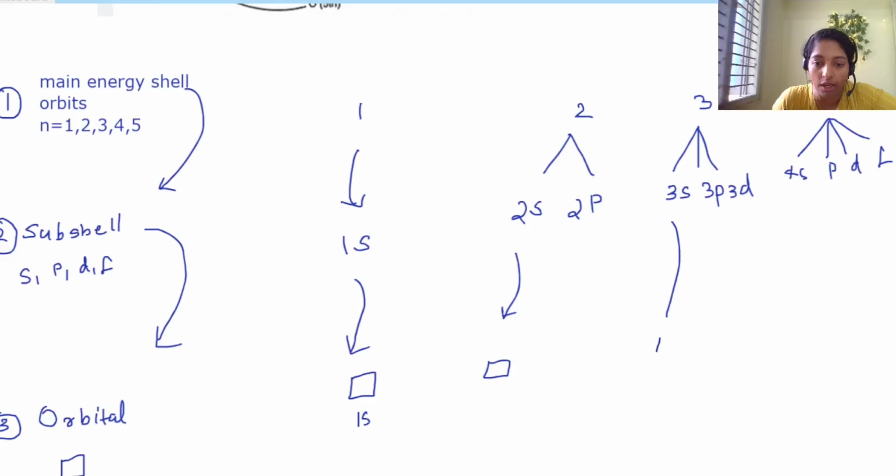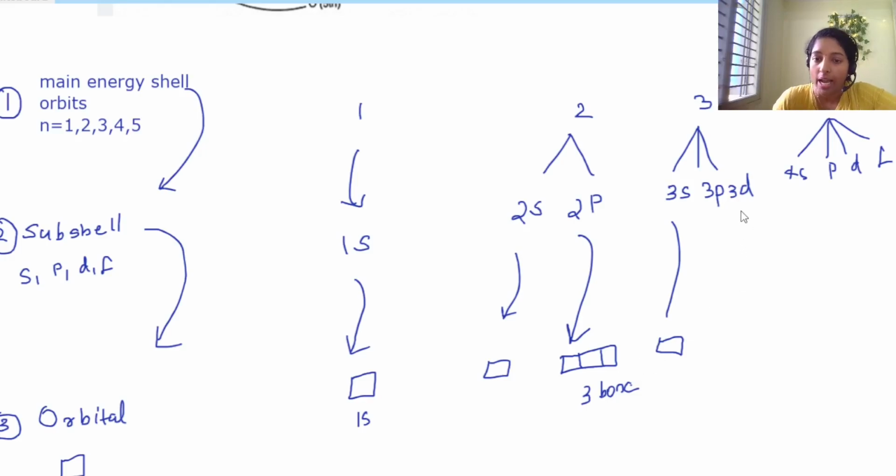3s is also like one box. Then, as I told you, it's an odd number, which means p is divided into three orbitals. So you can represent it like three boxes, like this. The s is just one box. All the s is just one box. P means three boxes are there, and then 2p or 3p, whatever it is, three boxes are there for